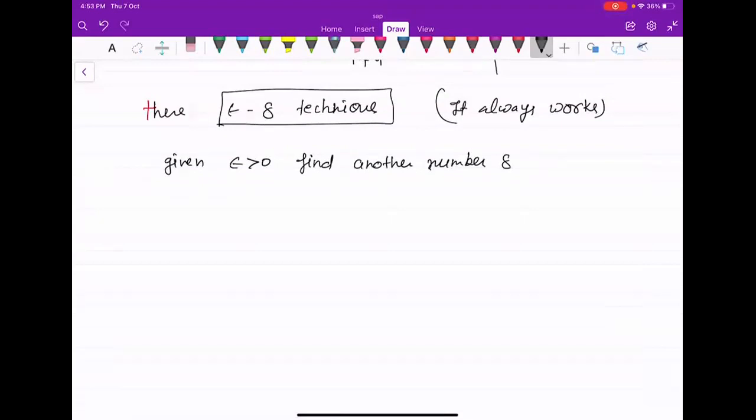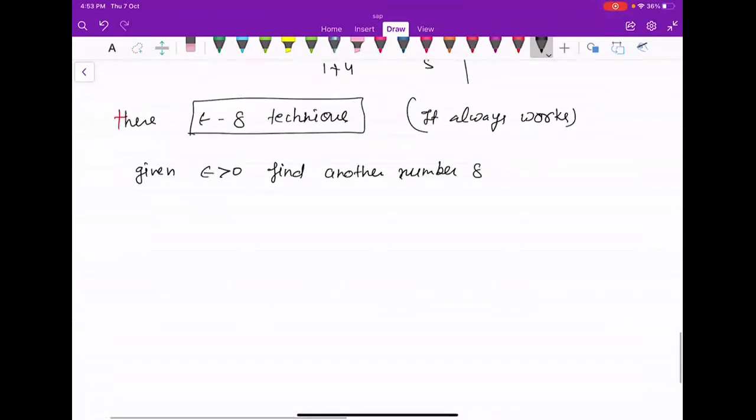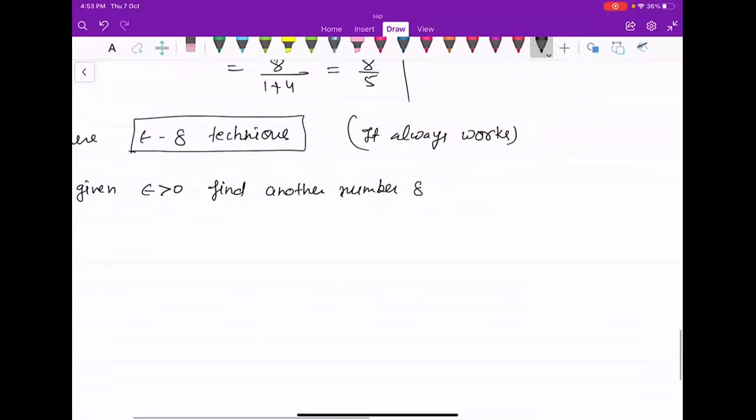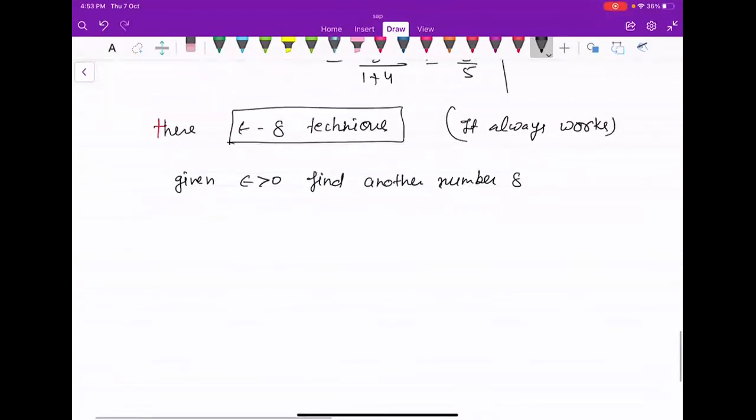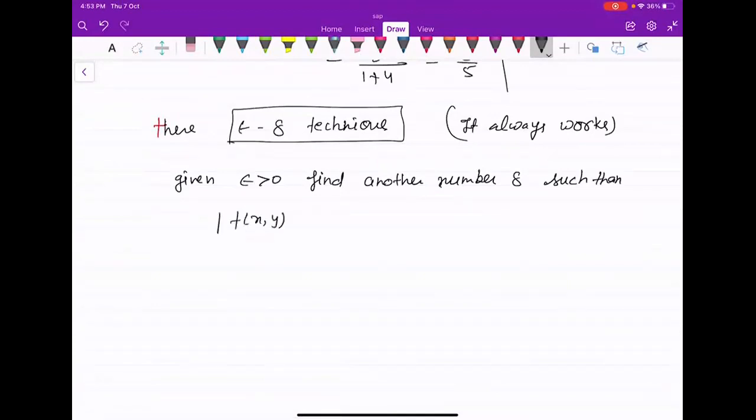So given epsilon greater than 0, find another number delta. What is that technique that I'm going to discuss here? What is the relationship between epsilon and delta? Such that |f(x,y) minus L| is less than epsilon for all (x,y) with |(x,y) minus (x0,y0)|